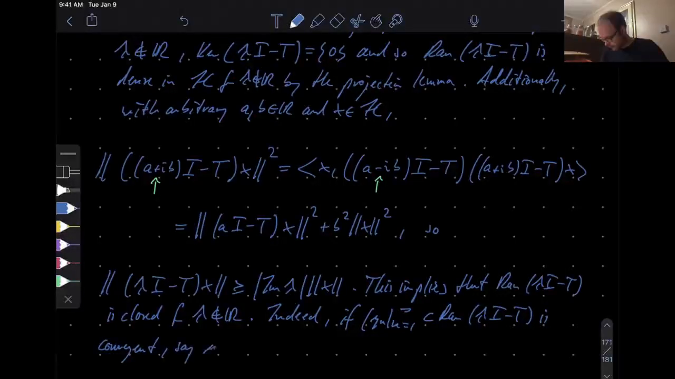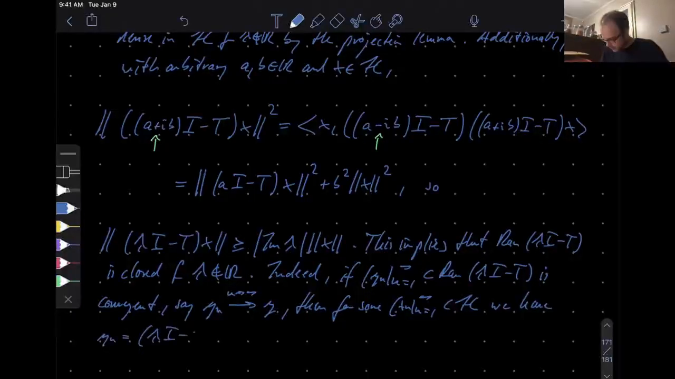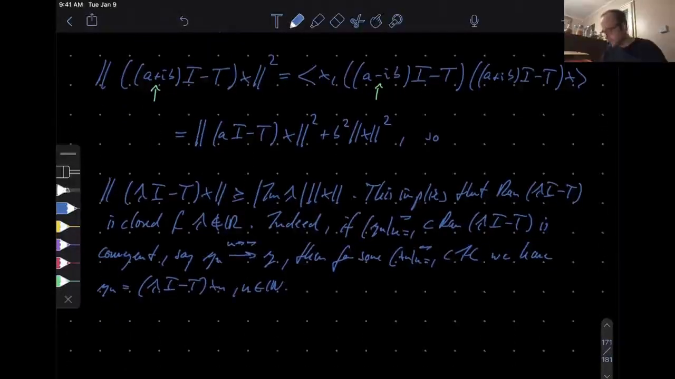Say y_n, as n goes to infinity, goes to y. Then, because it's a sequence in the range, for some x_n we have that y_n is (λI − T)x_n, right? Because it's a sequence in the range, n a natural number. Okay, good. Consequently,